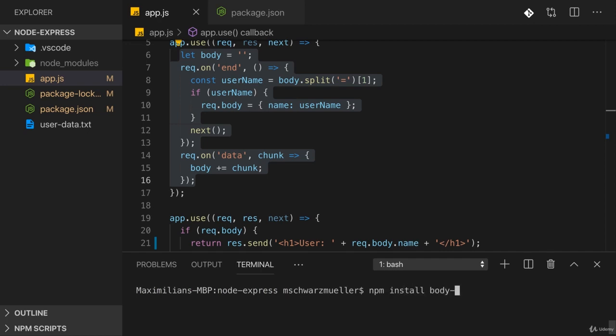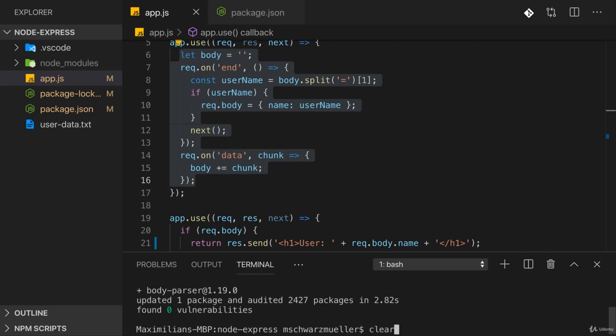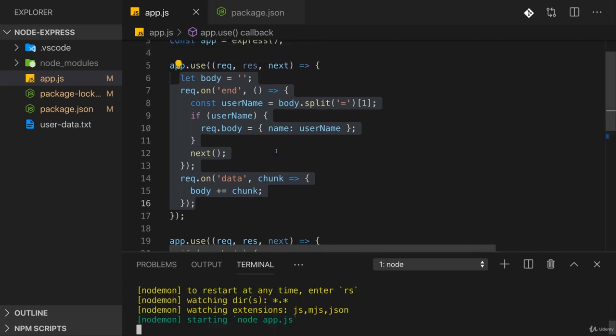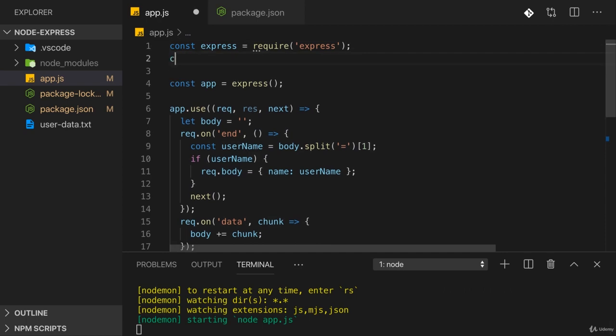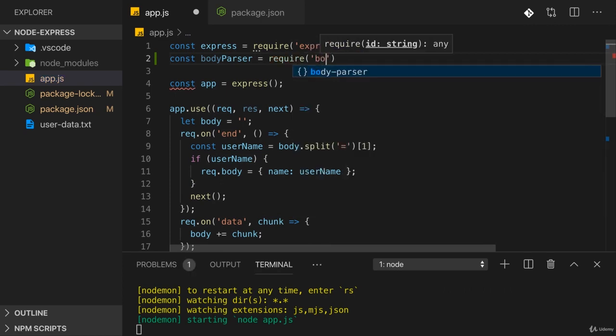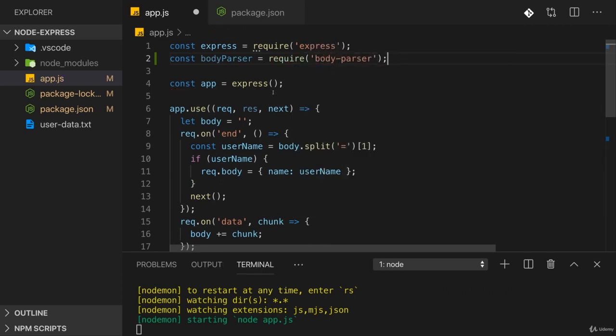And this package is named body-parser. Install it with --save, because this will now be a package which we use actively in our code. And thereafter run npm start again to start Nodemon again. Now this is a package which I import here under body-parser. You can name the constant however you want. From body-parser into app.js. Body-parser gives us ready-to-use middlewares, which we can use in Express apps, to parse incoming request